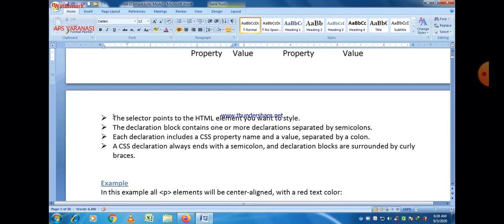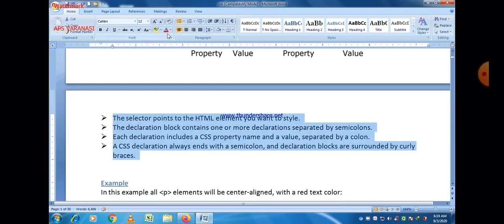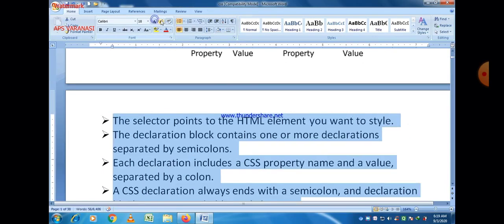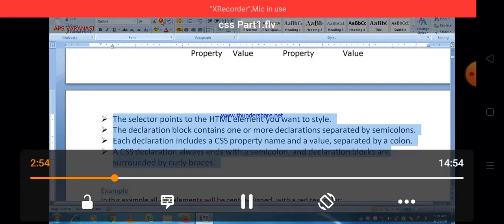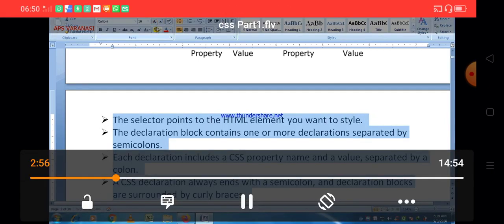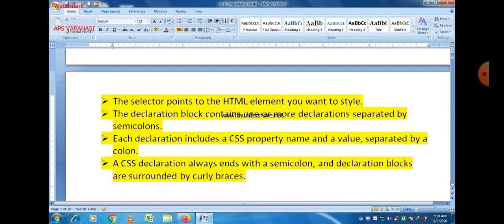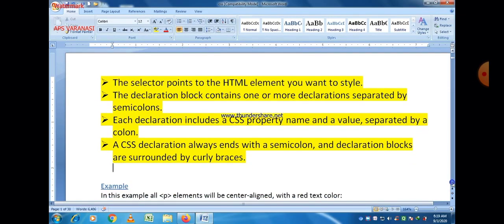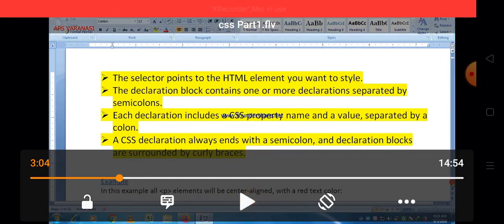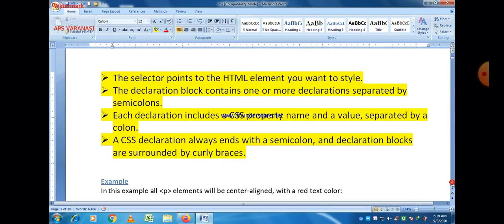So there are some points regarding this that I already discussed. First of all, the selector points to the HTML element you want to style, and the declaration block contains one or more declarations separated by semicolons. Each declaration includes the name and the value separated by a colon, and a CSS declaration always ends with a semicolon, and declaration blocks are surrounded with curly braces.